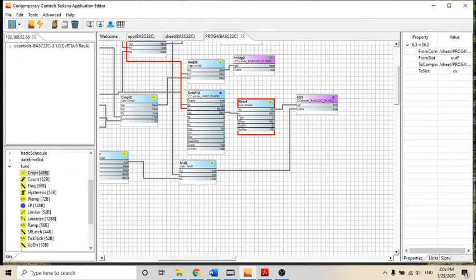So this is sending the signal, which is then being converted in the reset block to be a maximum of 10 volts and a minimum of 2 volts that are going out to control the damper. At this point, because of the temperature, it is registering out that 10